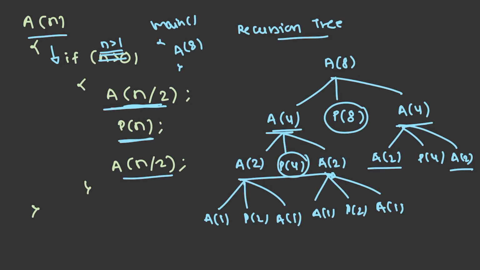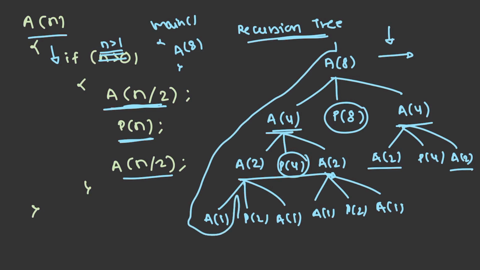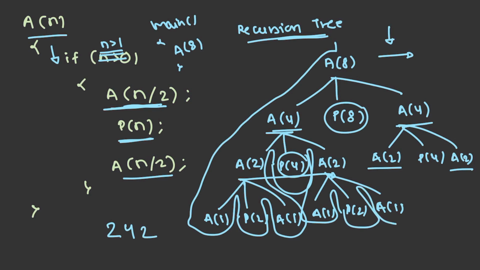We know that if it is a recursion tree, it has to be traversed from top down and left to right. The execution starts here. It has to go from top to down and left to right. Initially the value which will be printed was 2. So 2 will be printed. Again 4. 4 has to be printed. Again 2. Now 8. If you just observe from here, 2 a of 1 function calls will be made and